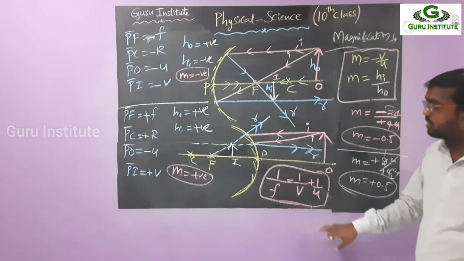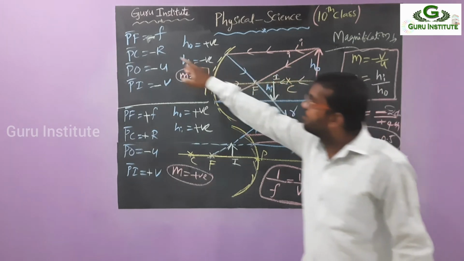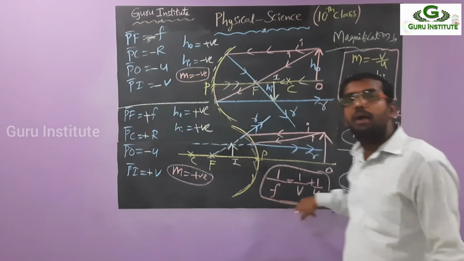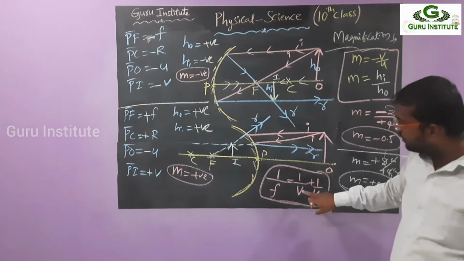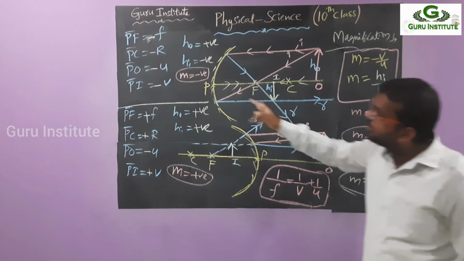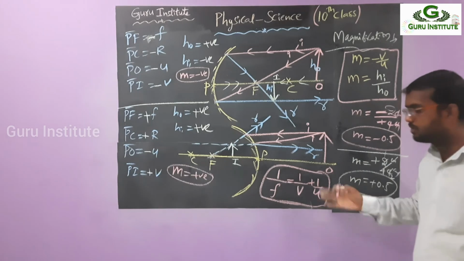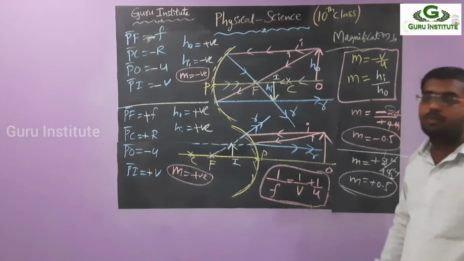But before solving that, we have to apply the sign convention. He has given a concave mirror, right? So f should be negative. You take minus 5, and the object distance is also negative, so you take minus 10. Then substitute and you will get the v value. What should you get in the final? The v value should be negative. If you get negative, your answer is correct. If you are getting positive, you have done some mistake there, and you have to check it back. So this is about v.